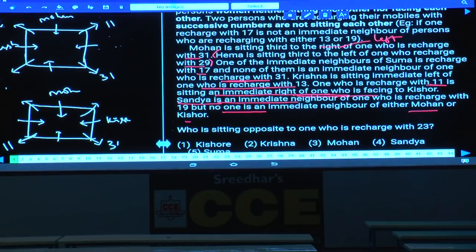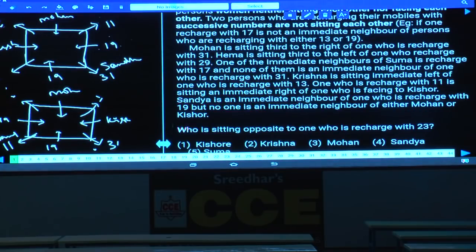Are you following this or not? And this is the possibility for this Sanjay. Then in this case, Mohan and Kishore cannot be opposite here, hence here it cannot be, and this person must be Sanjay, isn't it? If this person is Sanjay, Sanjay is an immediate neighbor of the one who recharged with 19, hence 19 is Mohan or Kishore's neighbor, and this 19 can be either at this place or at this place. Here also 19 can be in these two places, isn't it? Then as 19 is here,